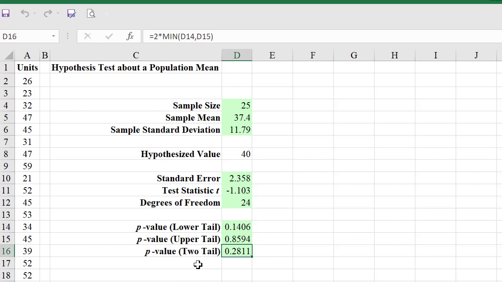and then that for a two-tailed test. So in our case, the two-tailed test is 0.28. So is that lower than 0.05? It's not, so we can't reject the null hypothesis. So I'd urge you to open this up, see what those functions are, and maybe run through and see if you can do the same thing